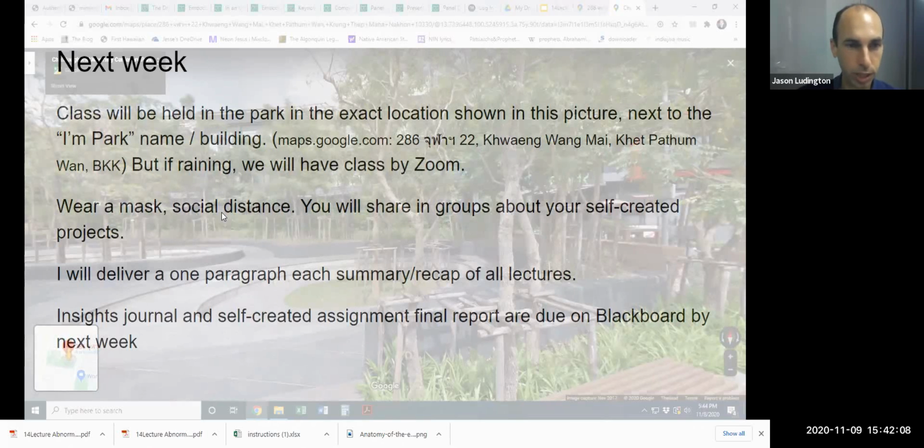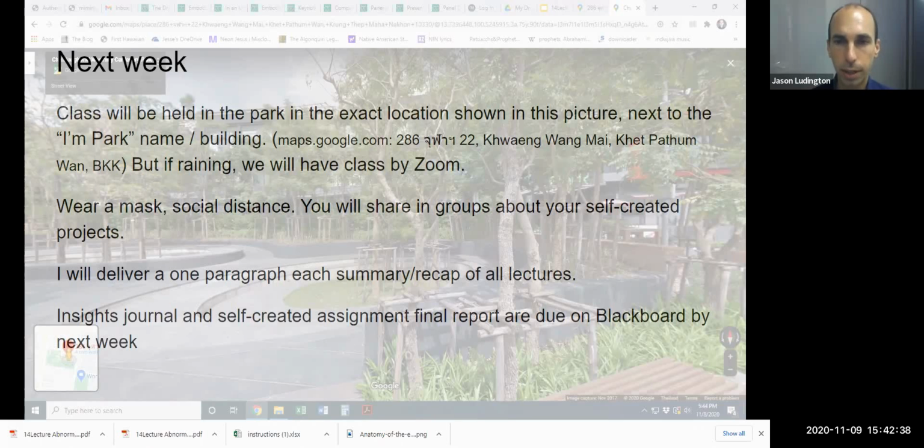I use the word social distance because that's the common term, but physical distance is a preferable term. I like that better. Just learned that term recently. Physical distance just makes more sense, because we don't want to socially distance each other, like be less close emotionally, socially. We want to maintain our social relationships and closeness while physically distancing.